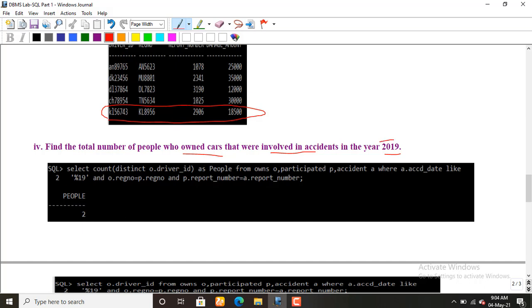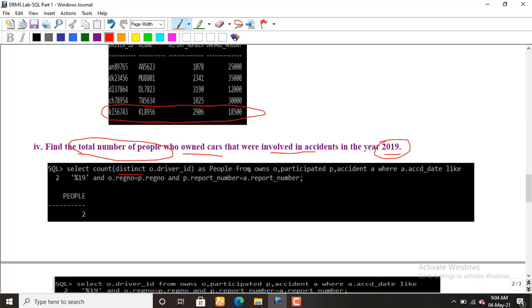The year is available in the accident table. Here you need the total number of people, so select count distinct. The distinct keyword is used because sometimes a car is involved in one or more accidents, and it should be counted as one. So we are adding a distinct keyword here.